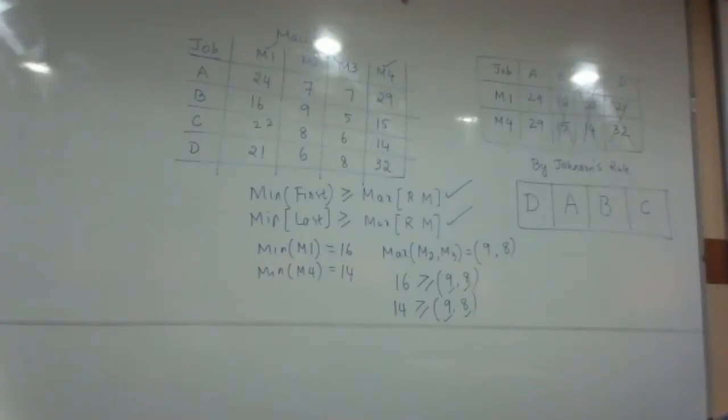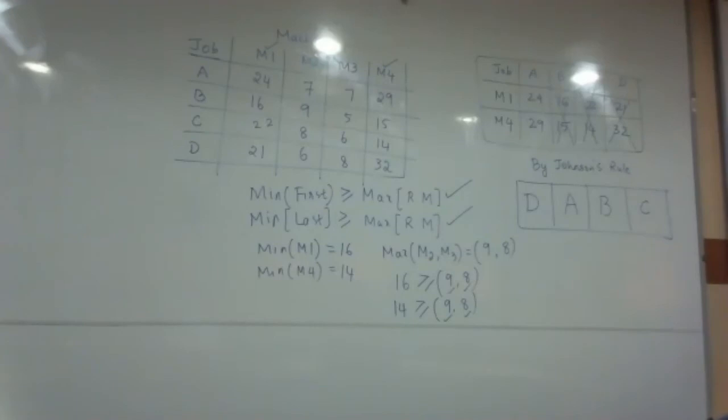To start with, what is sequencing? I think I've made it very clear to you in the beginning itself. Sequencing is a mathematical process where you are trying to identify the perfect order in which the jobs have to be processed. We are not processing machines. Many people get confused here. We are processing jobs. So in which order should the jobs be processed so that the overall idle time of the machines can be minimized. That is the objective with which sequencing problems are constructed. The ultimate objective is to minimize the total idle time on all the machines.